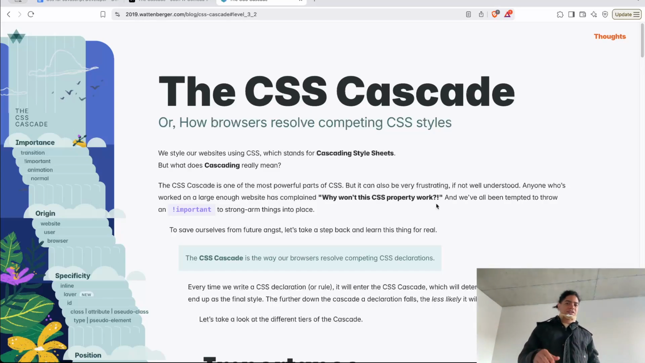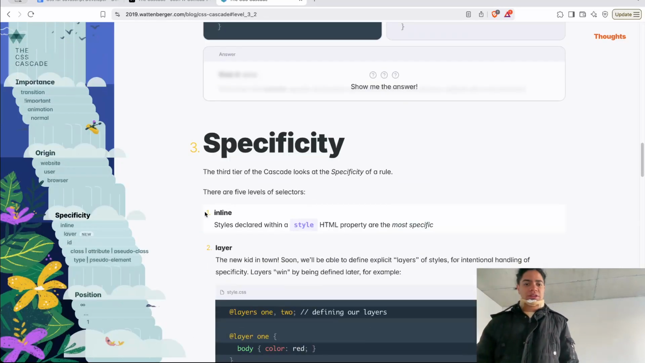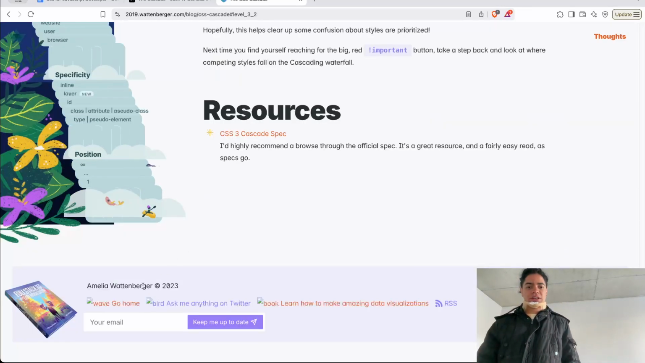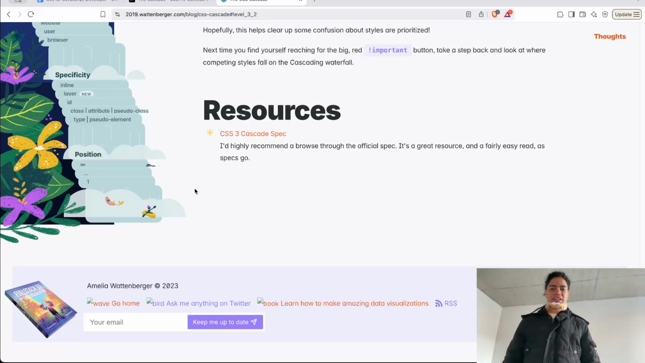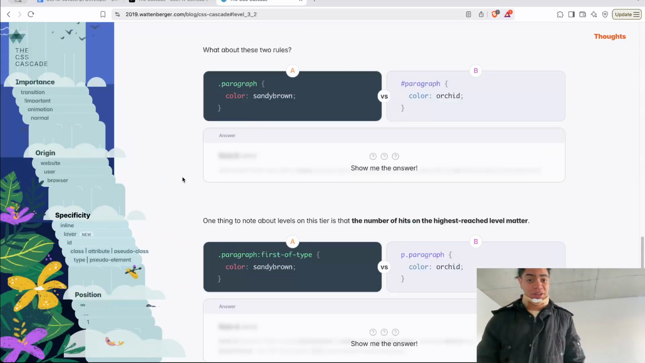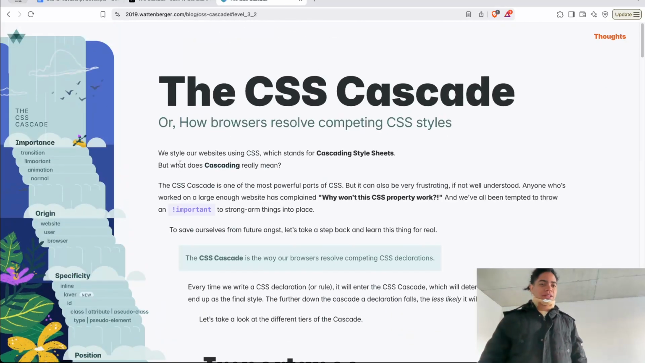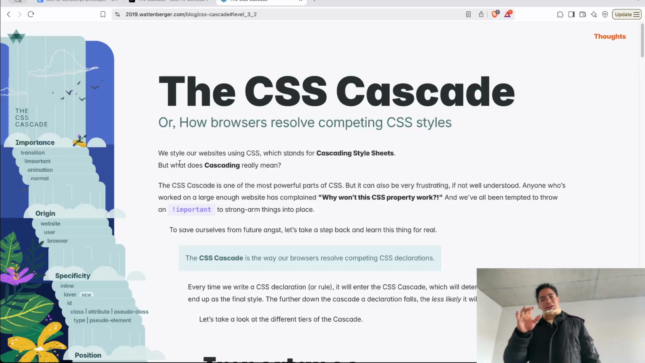right? Which is Amelia Wattenberger, I think I'm pronouncing that right? Okay, so Amelia Wattenberger, I think I pronounced that right. So Amelia Wattenberger described that the CSS cascade, or the way the browsers resolve competing CSS styles, is